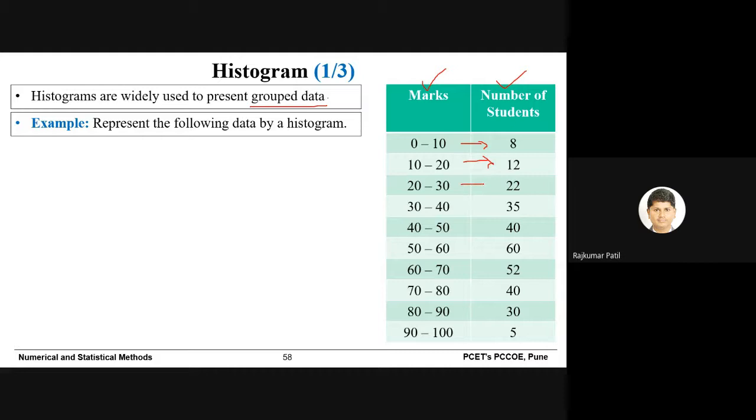Between 20 and 30, 22 students. 30 and 40, 35 students. 40 and 50, 40 students, and so on. That you can see the range of marks, and corresponding range how many students are there. So this is how the data will be given to you, and here you can observe that this is a